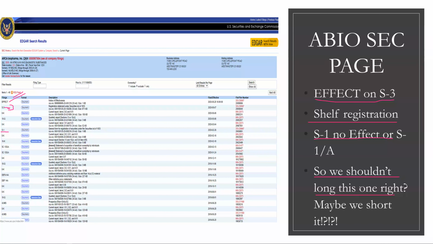So newbie shorters, they're like, oh, you know what? They've got a shelf. They're going to raise. Blah blah blah. So I got a question here. It says, S1 then S3. What does it mean? So, Irina,